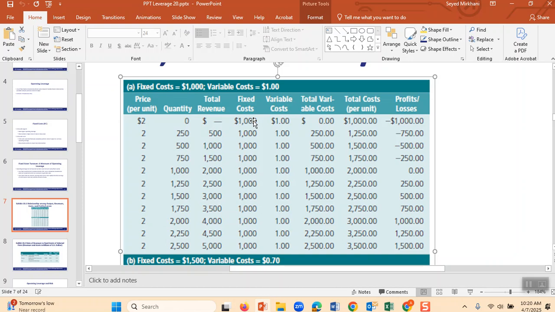We are talking about the first line. Do you see the fixed cost of 1,000? And its variable cost: if it sells any Big Mac, it is $1, but because it didn't sell any Big Mac, it doesn't have any variable cost, which means it still has the fixed cost. It has to pay rent and pay for the equipment. Therefore, in the right column, you see its profit and loss is negative 1,000. That's what it is losing, $1,000 this month, if it doesn't sell any Big Mac.